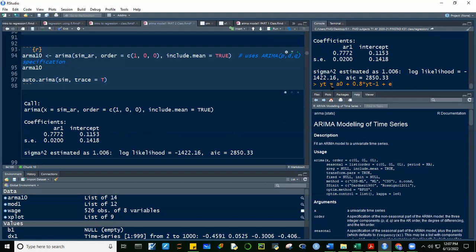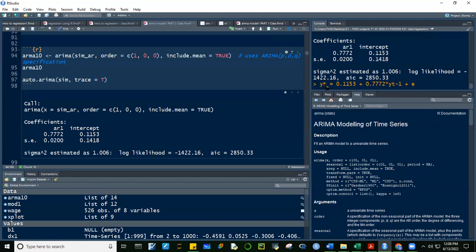So actually ang equation natin ito, yung a sub 0 natin dito is 0.1153. Control C, Control V, and then itong 0.772, Control C, and then Control V. Yan. That's our model, guys. No?